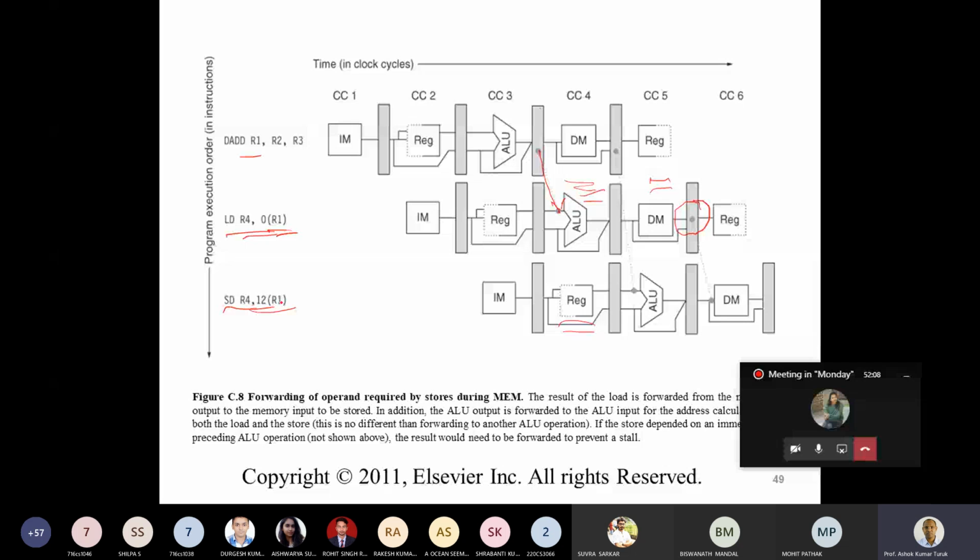So let's look at it. Again, it will compute the effective address in clock cycle 5. So it needs the value of R4. It needs the value of R1. So it can be transferred from the pipeline register to one of the inputs. The offset is sign extended. So you do all this operation in clock cycle 5 to compute the effective address. Now it will write to the memory. So the store instruction will write to the memory, and this write will take place in clock cycle 6.